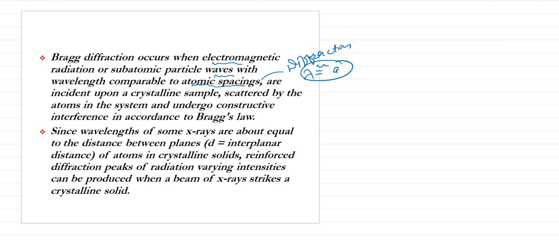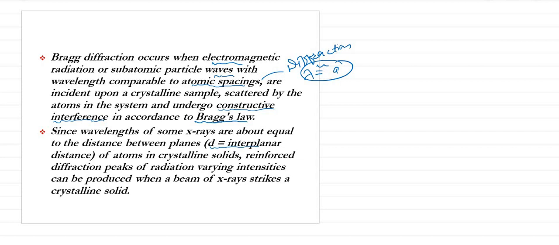X-rays incident upon a crystalline sample are scattered by the atoms in the system and undergo constructive interference. So why are we getting an intense peak? Here is a constructive interference, and that is in accordance with Bragg's law. Since the wavelength of these X-rays is about equal to the distance between planes, again we have the interplanar